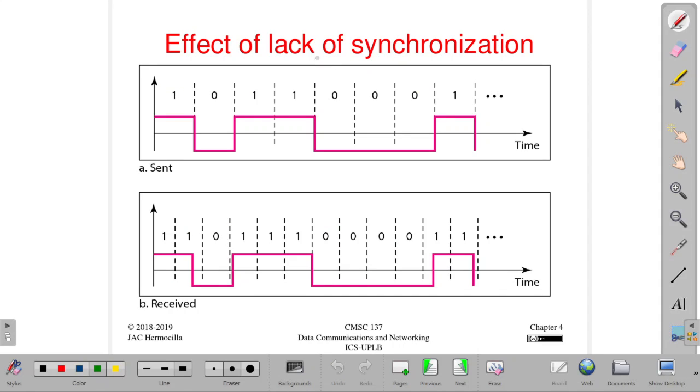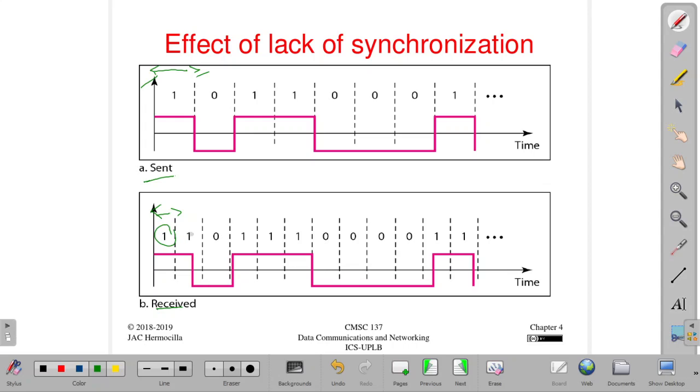So here's an example of a lack of synchronization. On the sender end, this is the signal generated. This is the timing, the interval or the bit duration within this interval. This is the time that the sender emits the signal that represents the bits. But on the receiver end, for example, if the receiver samples the signal at half the time of the sender,